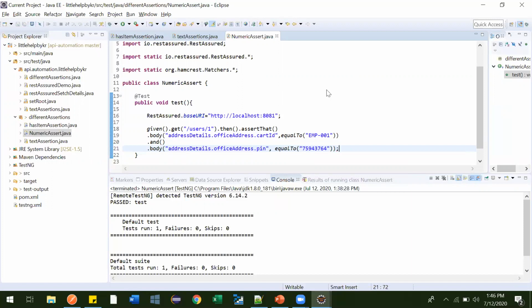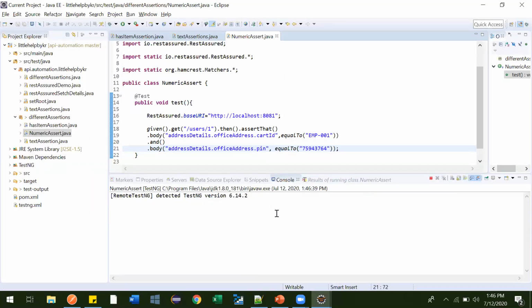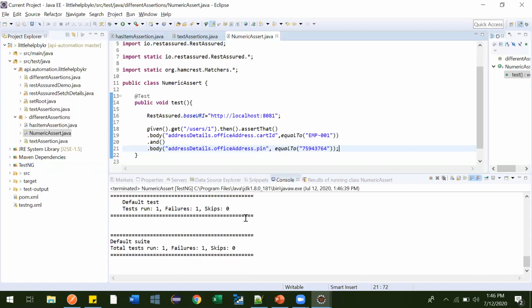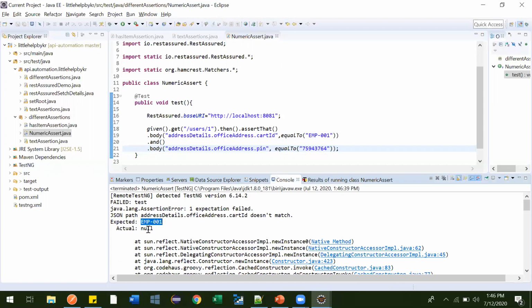Let's run this and we'll see whether both assertions are working or not. Why is the expected value different but the actual value null? Why is this coming as null?